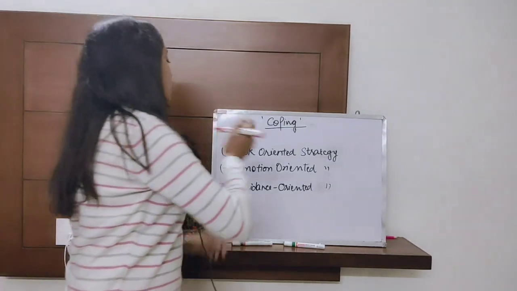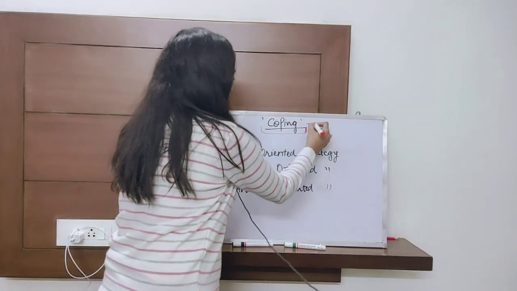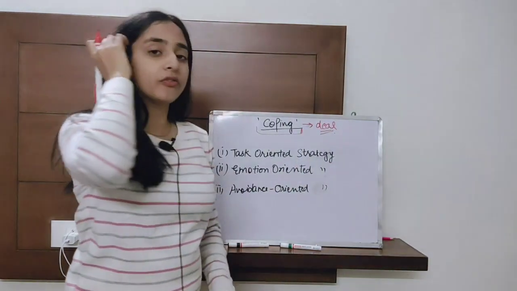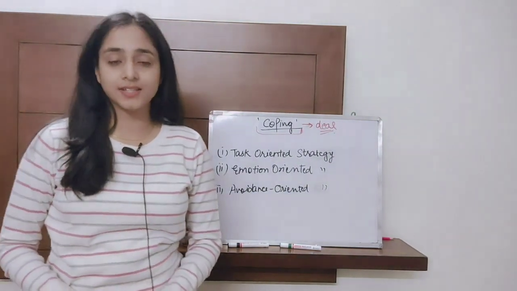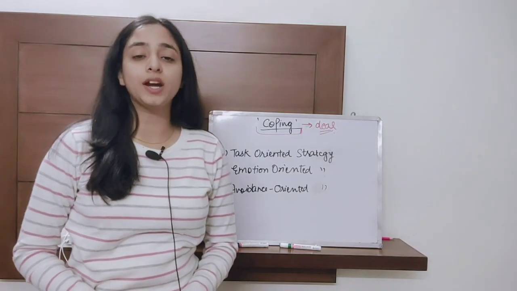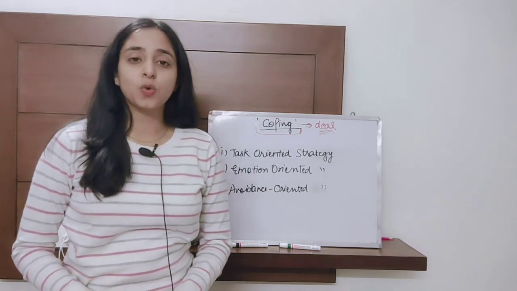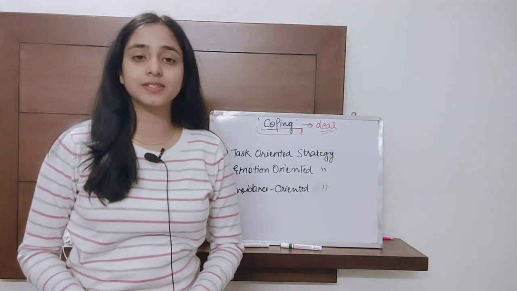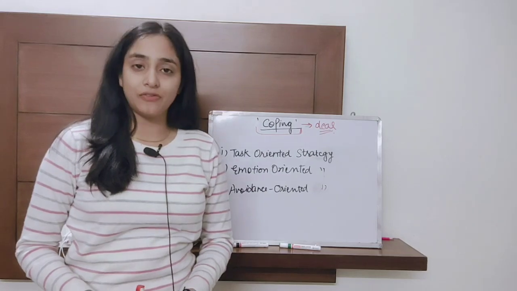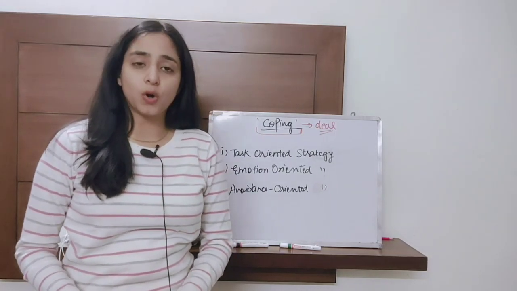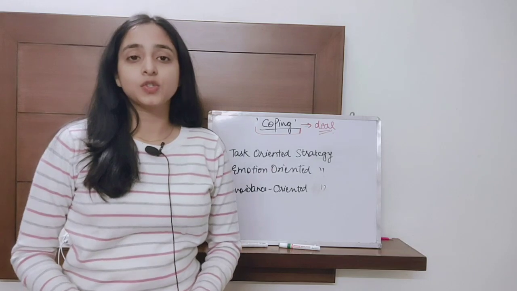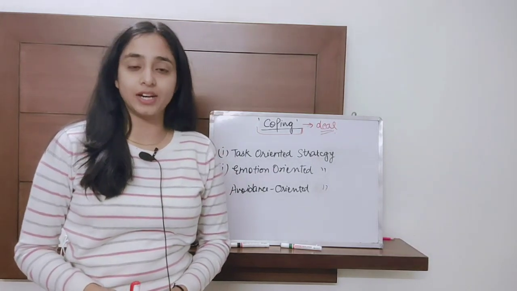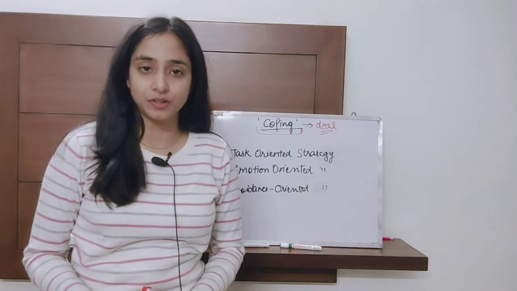So today we are going to discuss coping. Coping means our ability to deal with something, and if we are talking about stress, then necessarily we are talking about coping abilities to deal with stress. So coping is a person's subjective ability to deal with stress, because every person has different life experiences, different thoughts, values, and belief systems. So a person's methodology to deal with stress is going to be different. It is going to be different for each and every person.